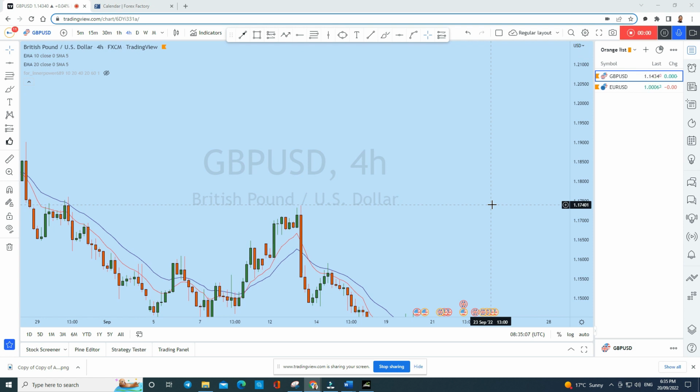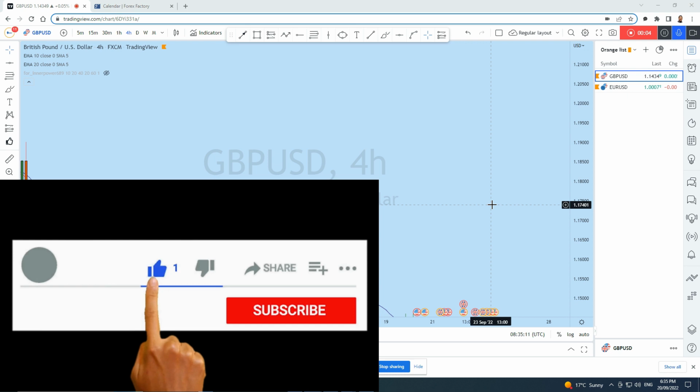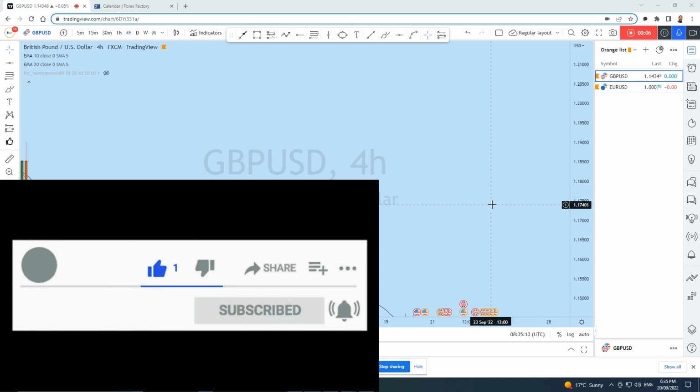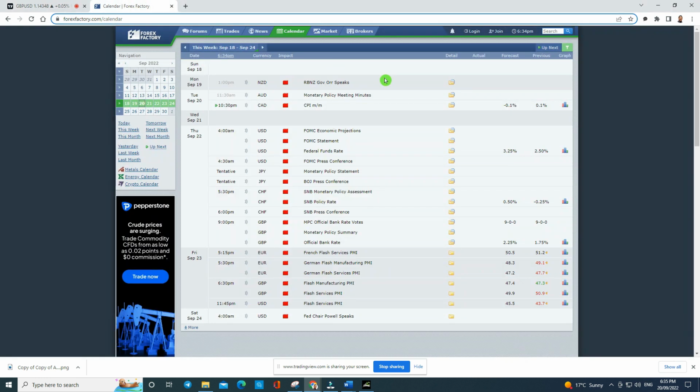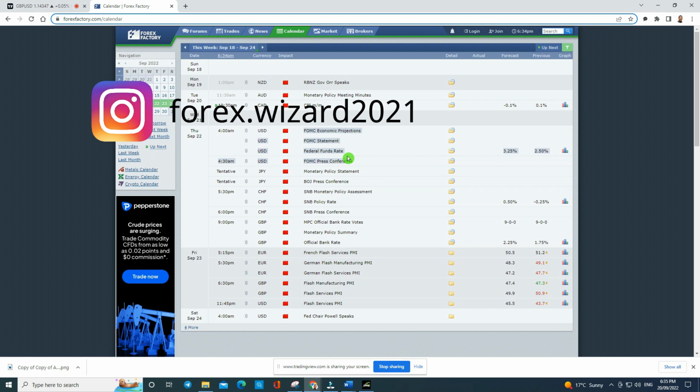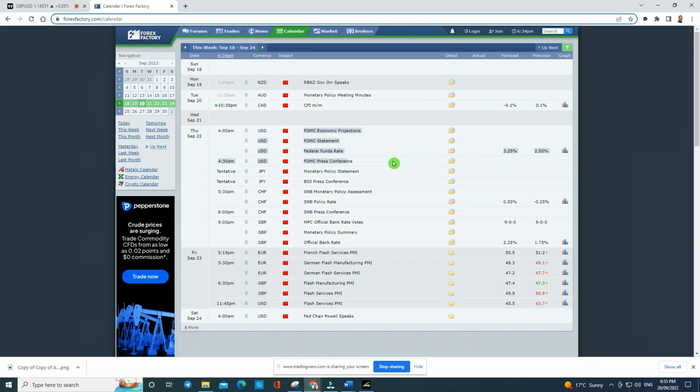What's up, traders? Let's do a complete multi-time frame analysis of EUR/USD and GBP/USD, and see what kind of trading opportunity we currently have in these instruments. As you can see, later today there is a high impact news coming. This USD news is really high impact, and it comes after two sessions. In those two sessions, we could